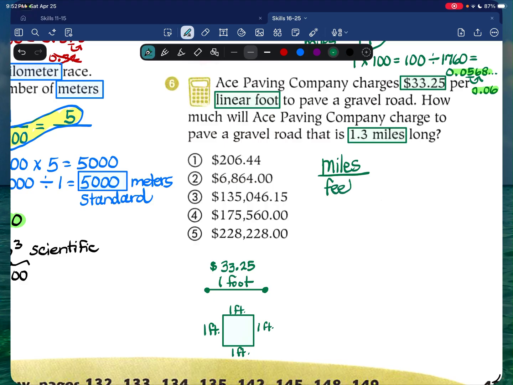That's up there in the table. 1 mile is 5,280 feet. And this road is going to be 1.3 of the miles. So you put the 1.3 in the miles row and you draw the peanut. And you know what to do with the peanut. You multiply it, and you can use your calculator. So 5,280 times 1.3 on the calculator